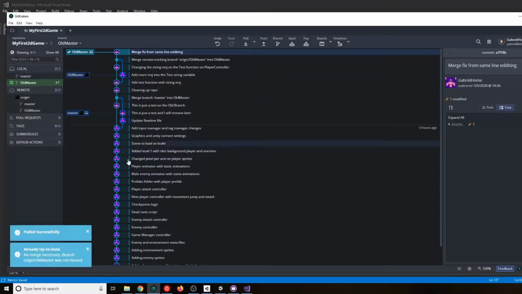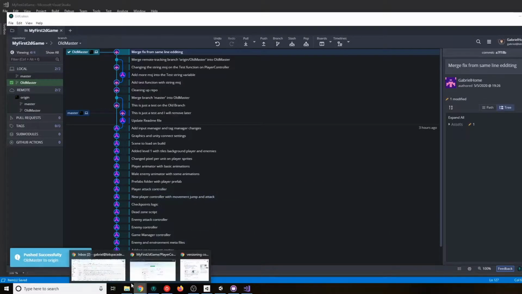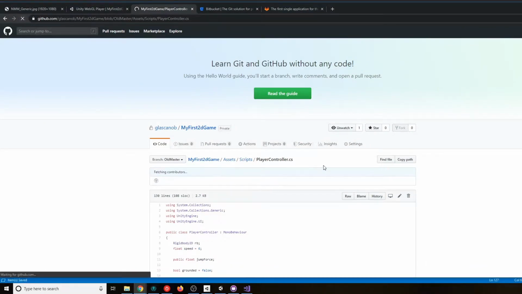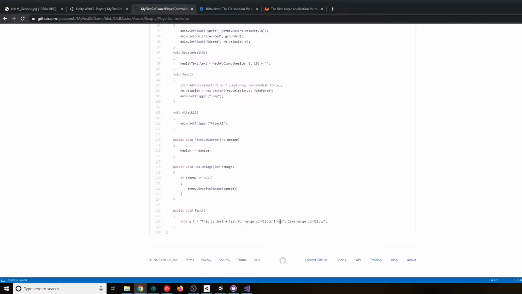Now, if I pull, it doesn't tell me that I have anything else to worry about. Everything is up to date, and I can push those changes to the server. And if I go into our nice GitHub and refresh, I will be able to see that my change was successful. And I don't like the merge conflicts. That's why I say I don't like the merge conflicts.